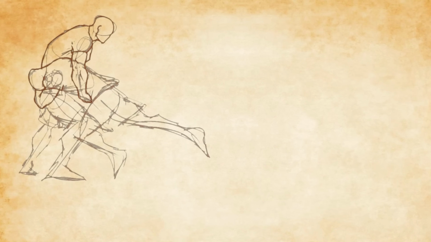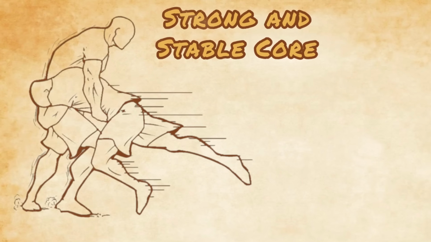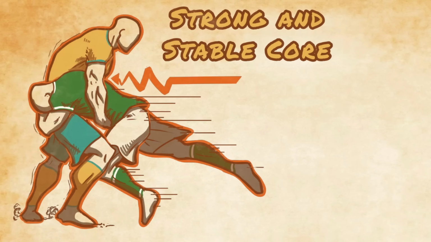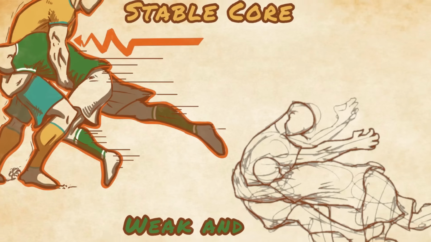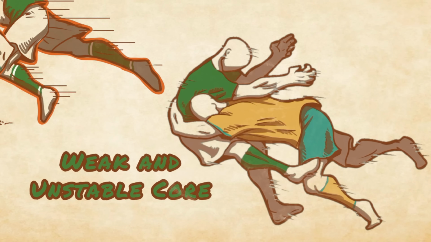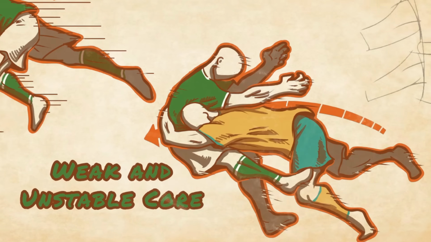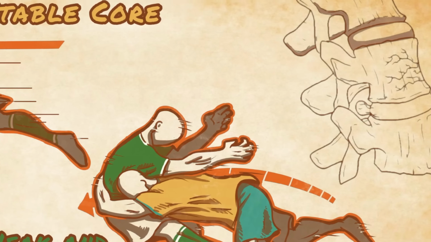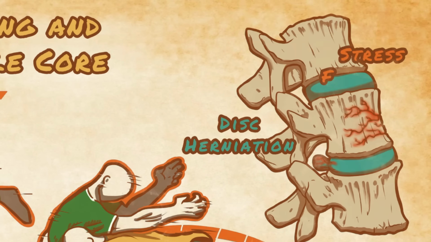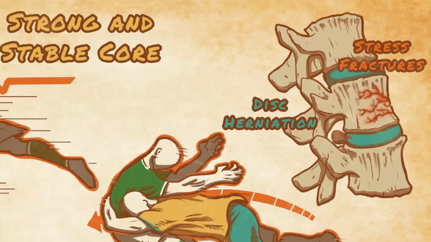For the core to be truly strong and functional in real-world scenarios, it must meet certain requirements. First and foremost, it must protect the spinal column from injury and the deteriorating effects of chronically poor spinal posture. This requires stabilization strength, without which the chances of injuries such as disc herniations, muscle strains, and vertebral stress fractures greatly increases.